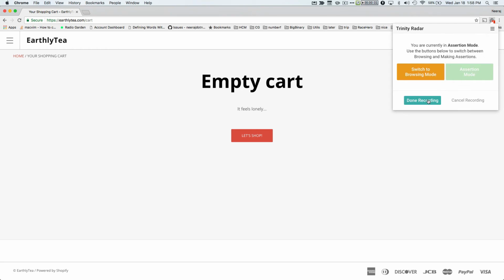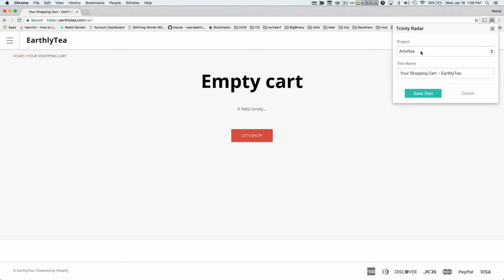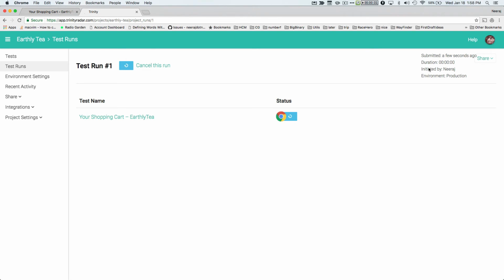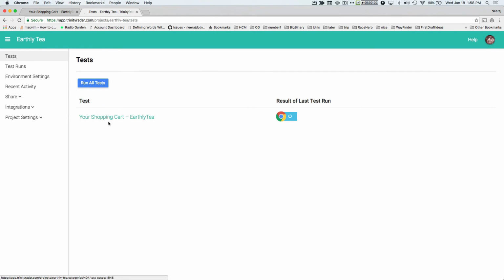Now let's click on done recording, and once you click on done recording, it will ask you to create a project, and here we will create a project called Earthly Tea, and we just hit submit, and this will take you to our Trinity Radar backend application. And in this application, if you click on the project, you can see that we have a single test,